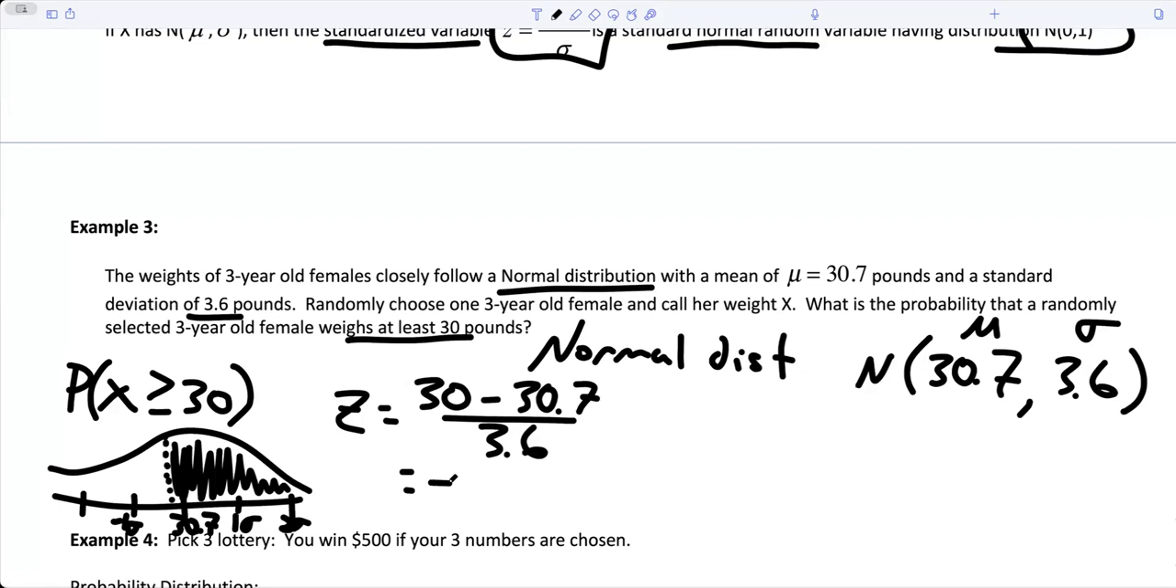Negative 0.19. There we go. It has to be negative, right? It's below the mean. And if I want to find the probability,